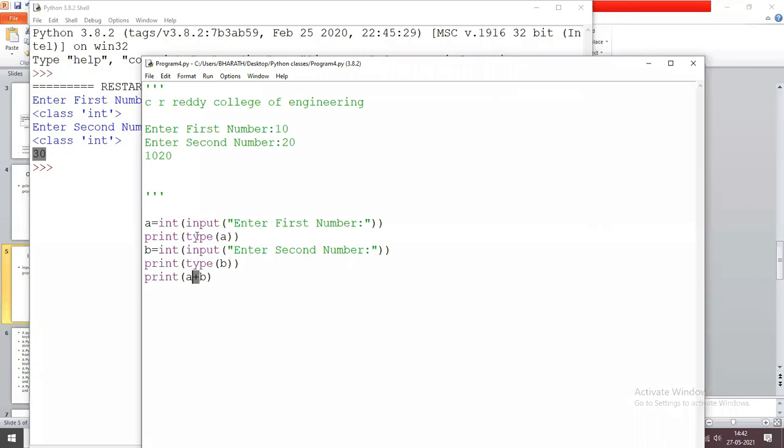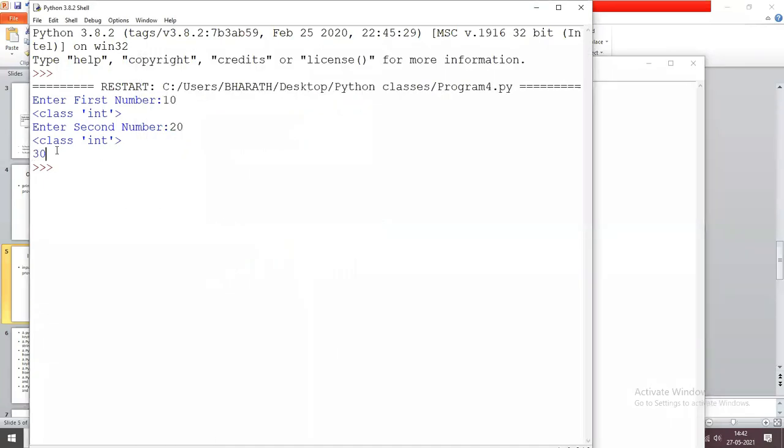Now here we change the type of the variable A by using the function int. So the string data is converted to an integer and stored in variable A. So print A plus B means now the plus operator is used as arithmetic operator. A is an integer, B is an integer, so A plus B prints 30 as output.